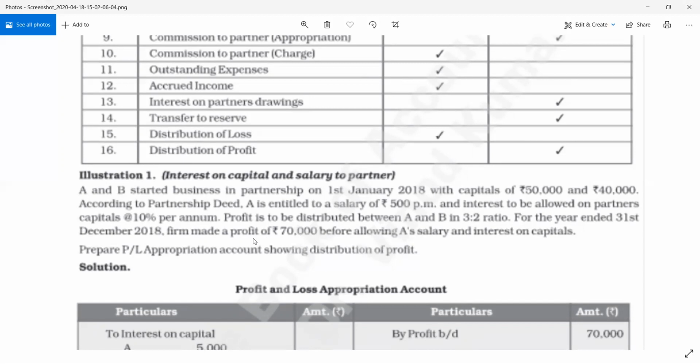मैंने क्या बोला कि यहाँ पे जैसे बता दिया कि फार्म का प्रॉफिट 70,000 है बिफोर अलाउइंग सैलरी एंड इंटरेस्ट ऑन कैपिटल, तो ये बिफोर अलाउइंग ही होना चाहिए। अगर 70,000 आफ्टर अलाउइंग सैलरी एंड इंटरेस्ट ऑन कैपिटल होता, तो उसको सेपरेटली निकालते, A का सैलरी कितना है, इंटरेस्ट ऑन कैपिटल कितना है, और उस अमाउंट को प्रॉफिट के साथ ऐड करके जो बिफोर अलाउइंग अमाउंट आएगा, उसके ऊपर फिर से डिस्ट्रीब्यूशन करना है।